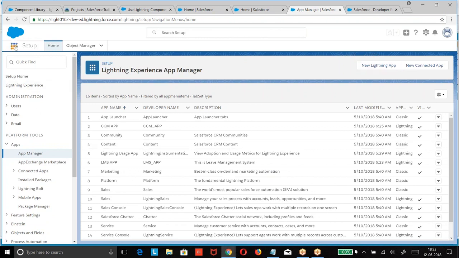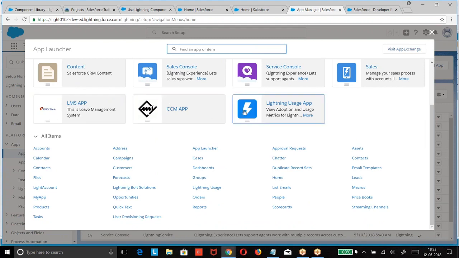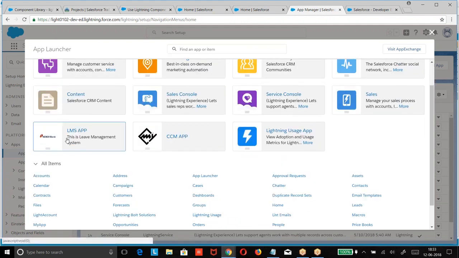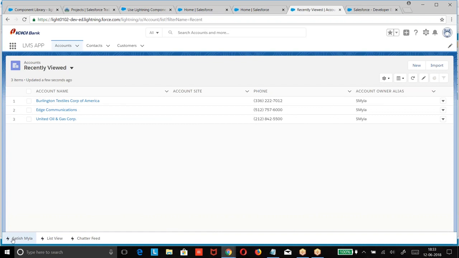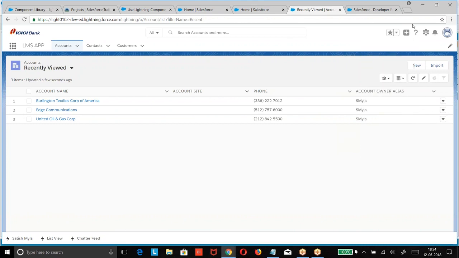When you go to this application, go to the list of applications. What was our application? Make it live. Something I have not enabled. Maybe profiles are not selected. Okay, no issue. If I select this, when you open an application, at the bottom, what you are finding here? List view. These are called utility actions. One is global actions. The other one is utility action. Okay. Now the second one.